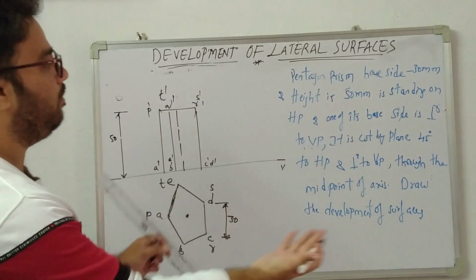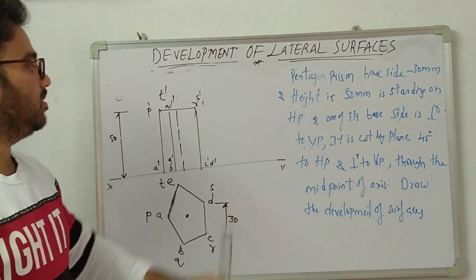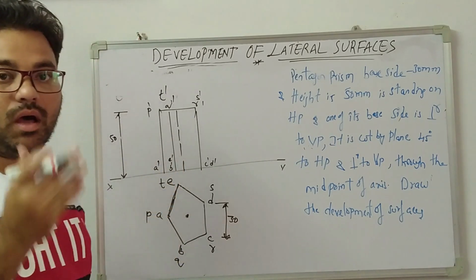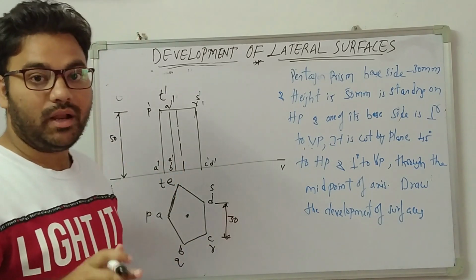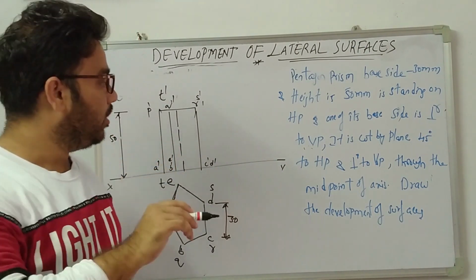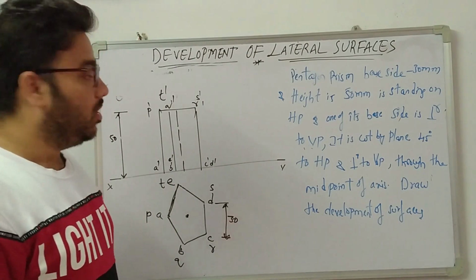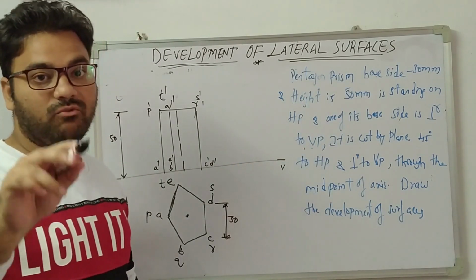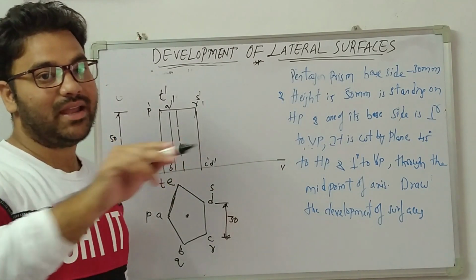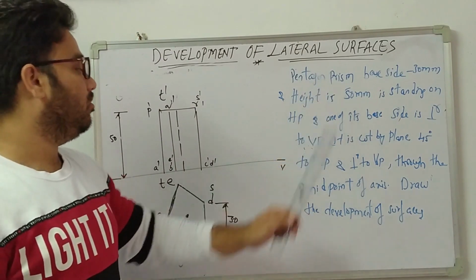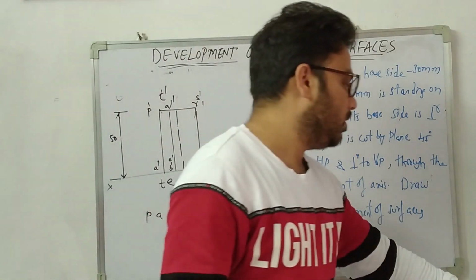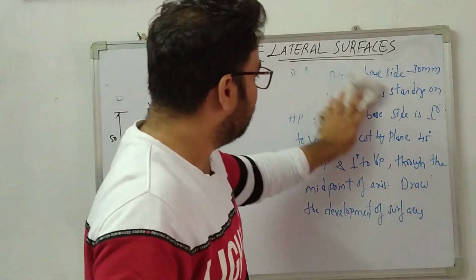Now we have to develop the given pentagonal prism solid. While developing a pentagonal prism or a square prism or any kind of prism, you will get a rectangle shape. So what is the length we are going to take? For example, if a pentagon is given, we have to take 5 into S. If a hexagon is given, take 6 into S. So the length of the rectangle should be 5 into S. Here 5 into S is given, so we will take 150 mm. So in order to draw, I am rubbing this question.